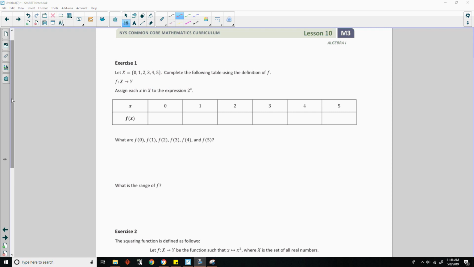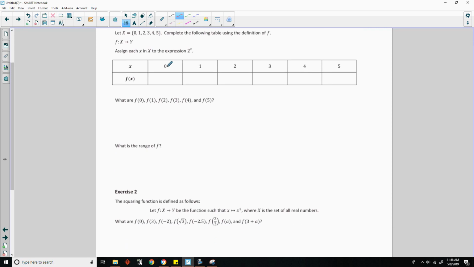Okay, next page, exercise 1. Let X equal the set 0, 1, 2, 3, 4, 5. Complete the following table using the definition of f. So we're taking a function f and we're mapping all elements of X onto Y. So X is 0, 1, 2, 3, 4, and 5 as stated in our set. And it says to assign each x, notice it's lowercase, that means each value in the set, which is capital,